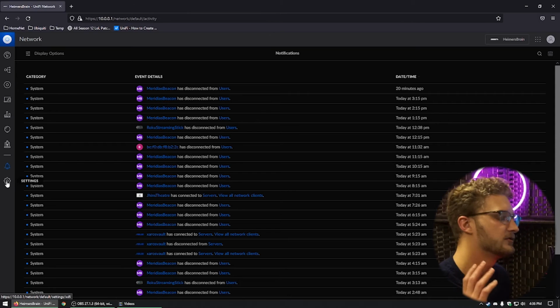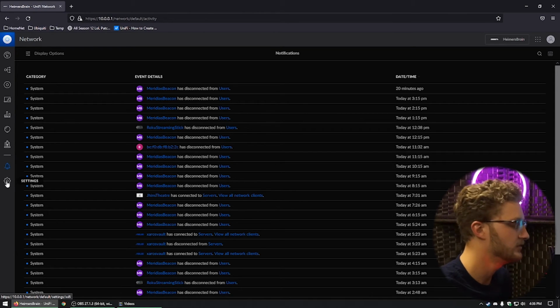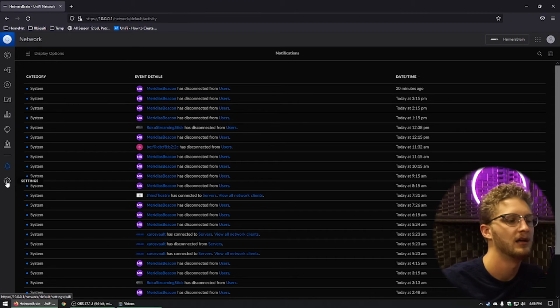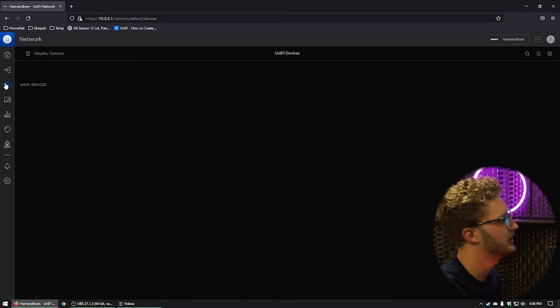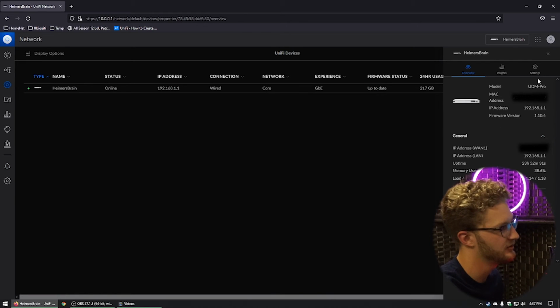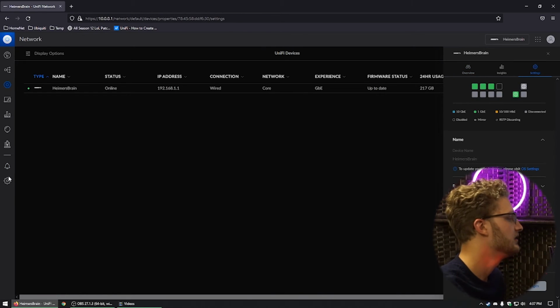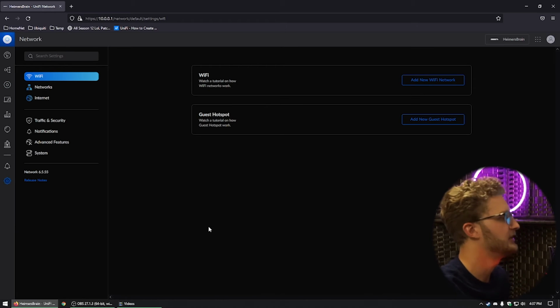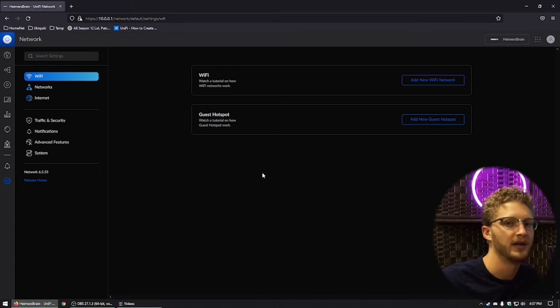So what is super good about this is getting into the settings section here. This is where you're going to do a lot of configurations outside of what you would have done on the device level, right? When you come in here, click on your device, and you start changing stuff in here on the ports and stuff. Getting into the settings is where you're actually gonna be able to configure, here's your Wi-Fi networks. If you're running UniFi Ubiquiti APs, you're not gonna configure